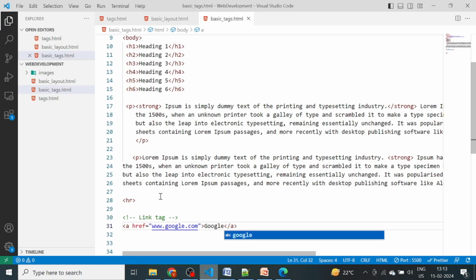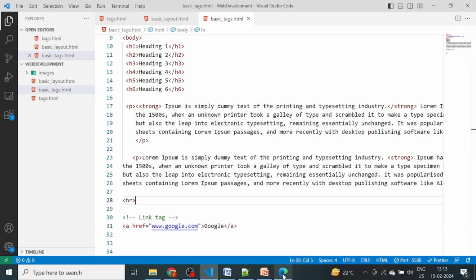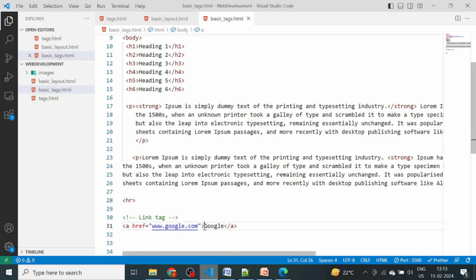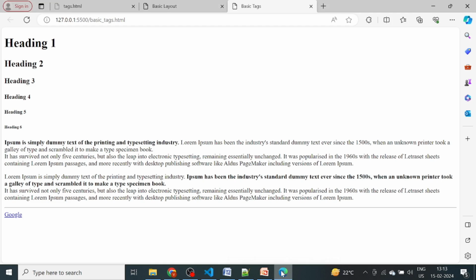Save this and open our browser. You can see here the content which we mention here, it display as a link in our browser. Okay, this one. So whenever we hover our mouse over the link tag, the cursor will change into a little hand. Okay, like you can see, and whenever we click,